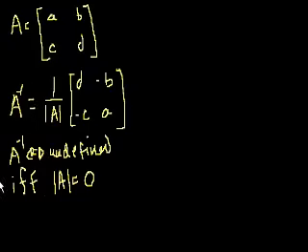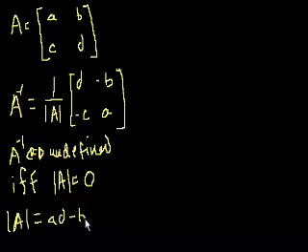So let's think in conceptual terms, at least about the two problems that we've looked at, what a zero determinant means, and see if we can get a little bit of intuition for why there is no inverse. So what is a zero determinant? Well, in this case, what's the determinant of this 2 by 2? The determinant of A is equal to AD minus BC. So this matrix is singular, or it has no inverse, if this expression is equal to 0. So let me write that over here. So if AD